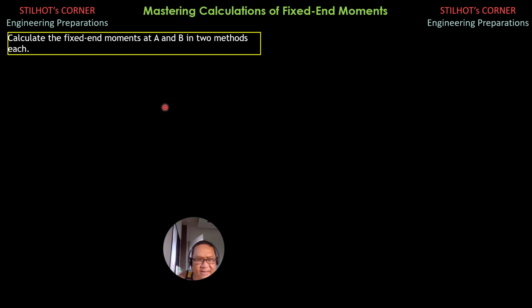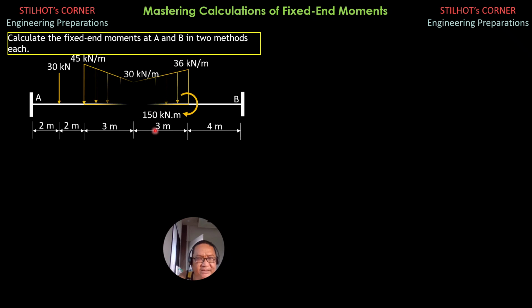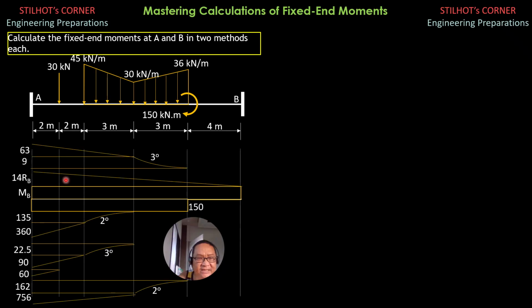So here is the figure, the drawing diagram. I'll choose point A as the moment center and it will be readily drawn, and I'll just explain. First we have the 150 kilonewton meter couple. This is the reference axis, the white one. The 150 is considered negative, it is below the reference line.